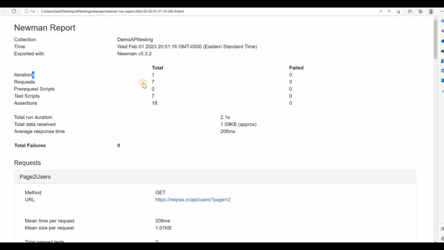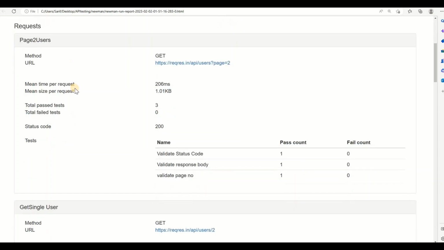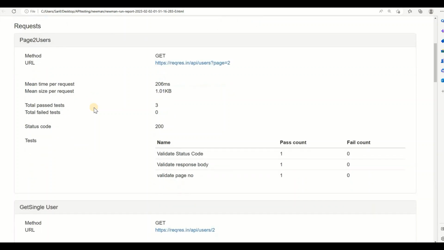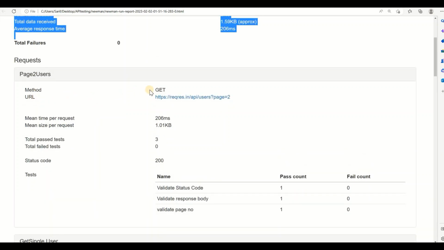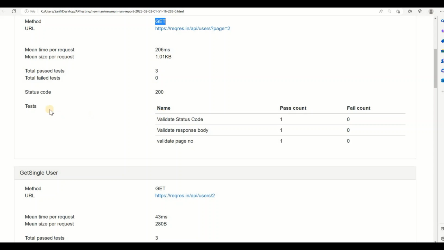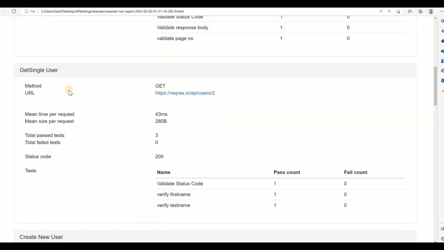Here you can see the iteration was 1, and then request 7, and total script run 7, and assertion 18. None of them failed. Now this is like a summary, and now you will see details of each and every section. Like for the get request, this was our API endpoint and our URL, and then you can see the test cases. There were 3 test validations we did, and then the pass count, each and every one was passed, no failure. Total over here is saying total passed 3,